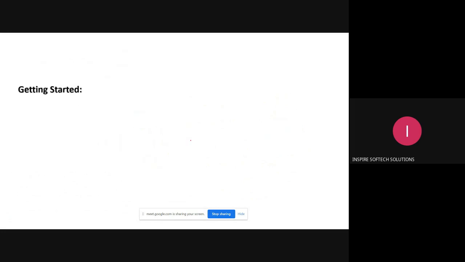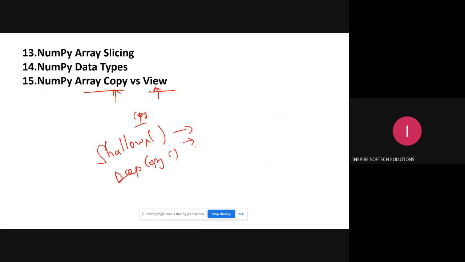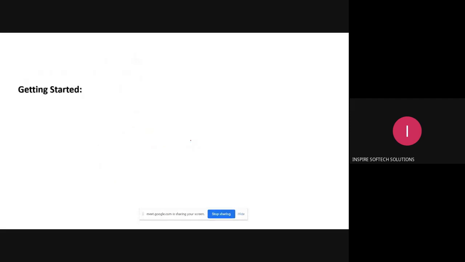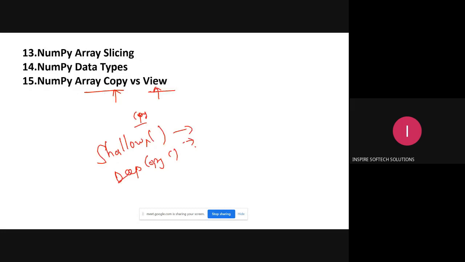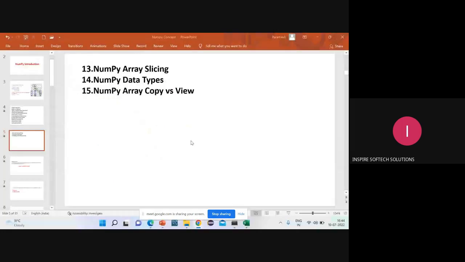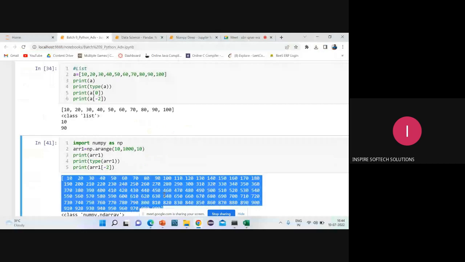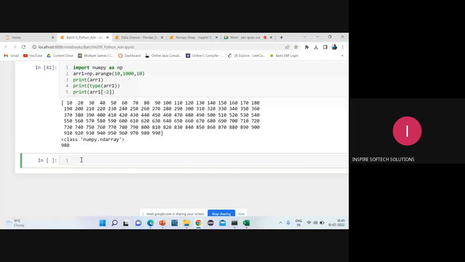It takes some time. So today if you are starting NumPy, it doesn't mean that today only I'll complete. It takes some time. It can extend into the next class or upcoming class also. Okay, now without making any delay, let's get started with what is NumPy. So for going with NumPy, first thing, you have to install NumPy. If you want to install something like pandas, or if you want to install NumPy, first of all you have to go with the pip install.